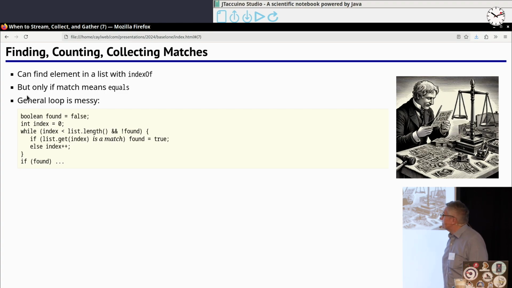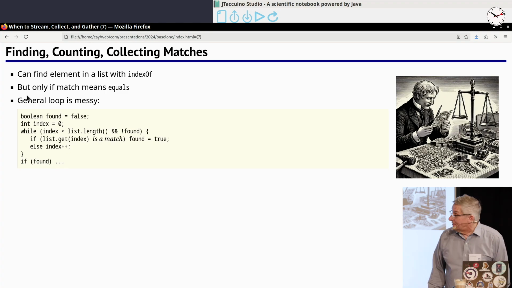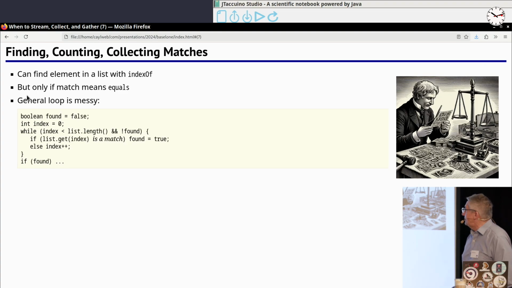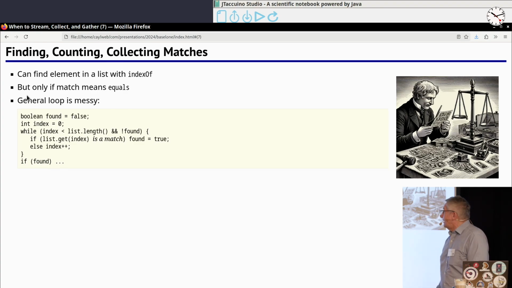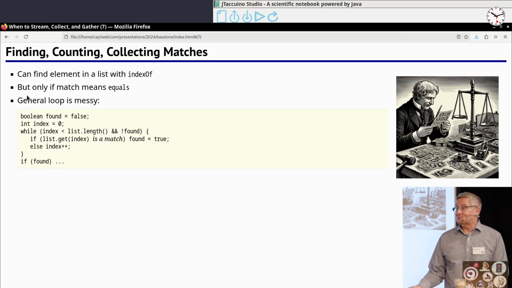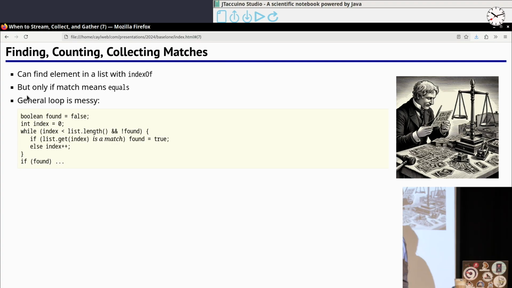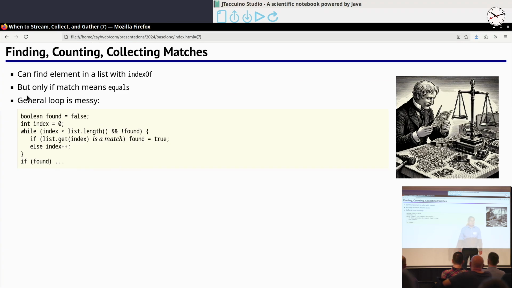So I sometimes teach beginning programmers, and I actually wrote a college book about Intro to Computer Science with Java, and there I gave them patterns for common loops, because with students, you can tell them what the definition of a loop is, but it doesn't do them any good if they have to put it in practice. But what does help is if you give them a pattern for the 10 most common loops, and then they apply them pretty quickly. This is the pattern from my textbook on how to find something in a list.